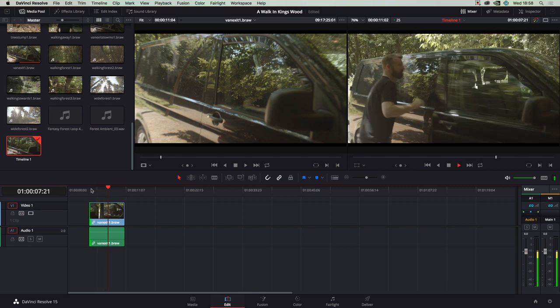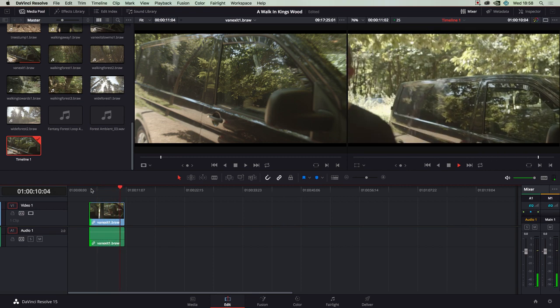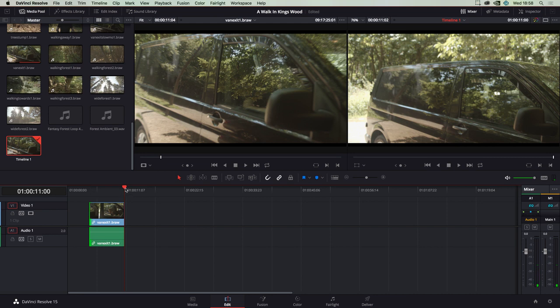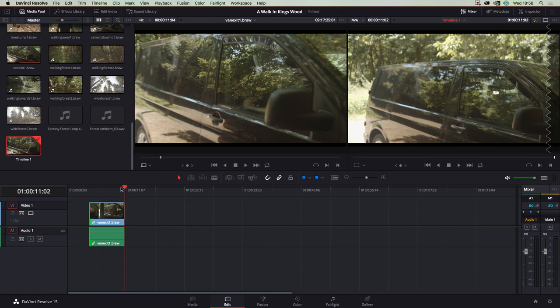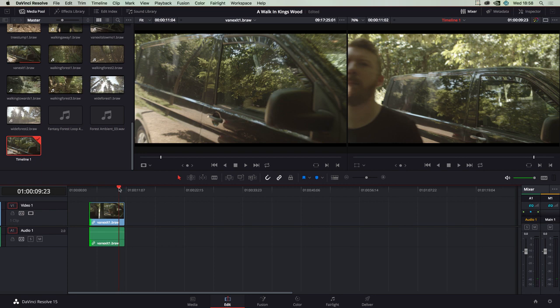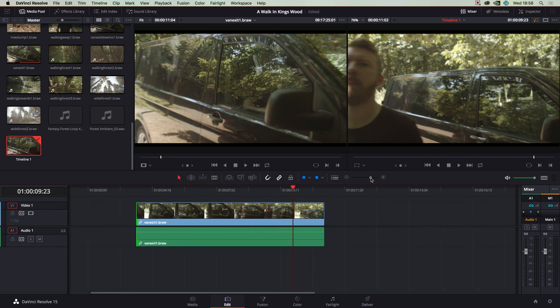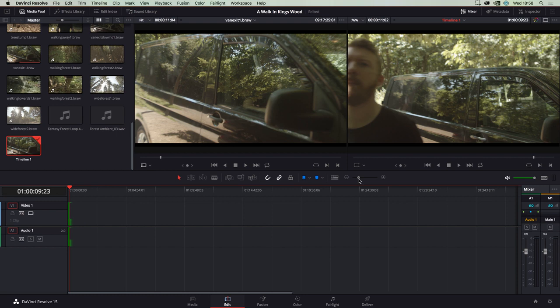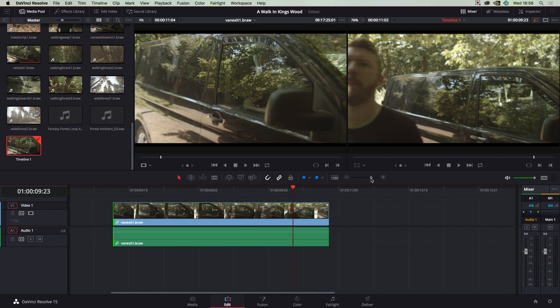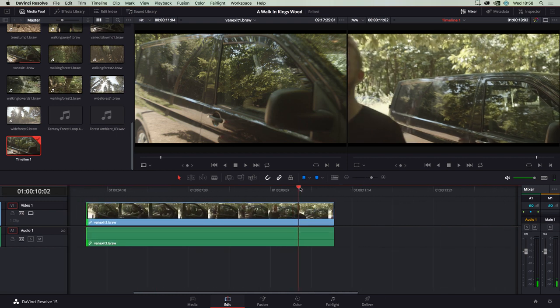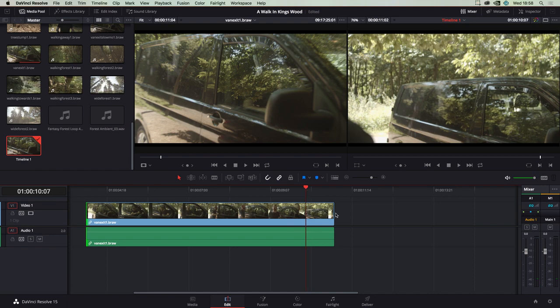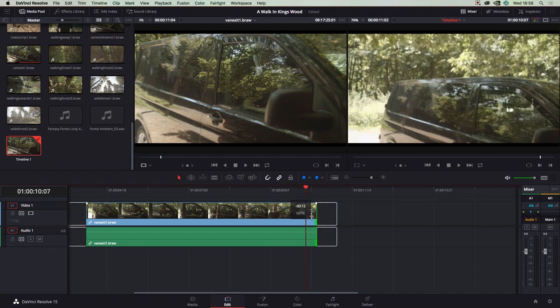And closing the door. And he walks past the camera. So the camera starts to get a little bit shaky there just as he walks past me. So I'm going to just clip this in. Actually, the first thing I will tell you is this is the magnification of our timeline. So we can zoom in or we can zoom out to see more clips or to get closer and tighter editing. So I'm going to go to about here just as he walks past, and I'm going to make it